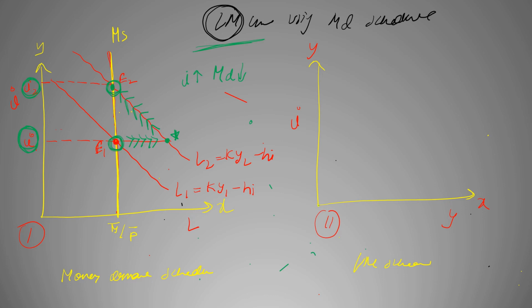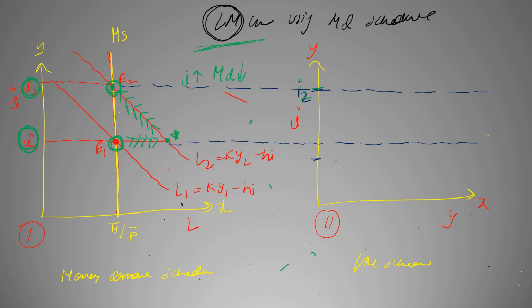Now let us see how it is impacting our LM curve. Over here, our I2 is greater than I1, right? So again, this is our I2, and this is our I1. Unlike the IS curve, I1 is smaller and I2 is larger. So if we join these, we continue these. Let's erase this right now. So if we extend these lines,